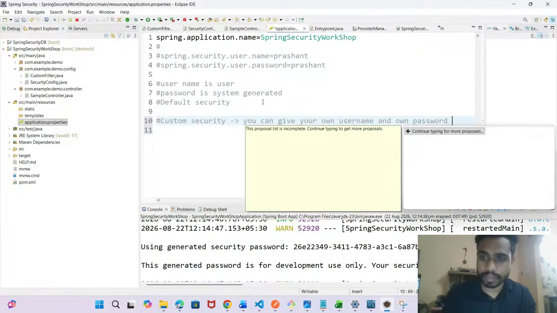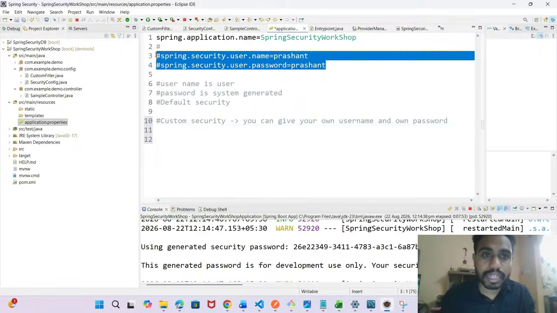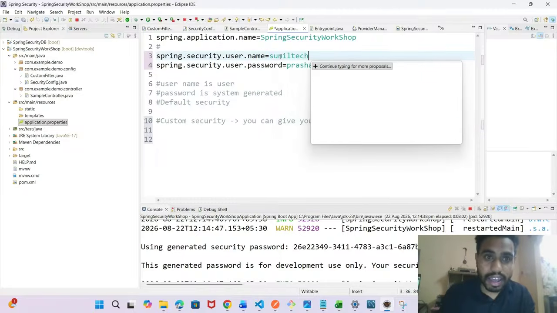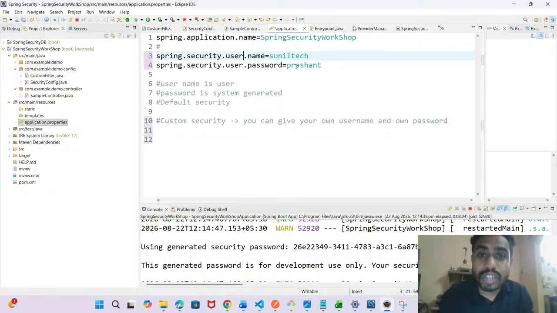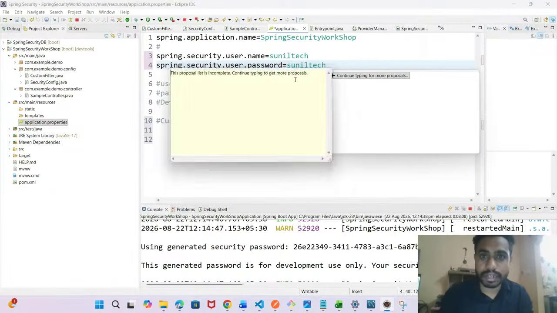See here, remember the syntax, guys. spring.secure.user.name, let me name it as Sunil Tech, and spring.secure.user.password, let me name it as Sunil Tech. Clear?